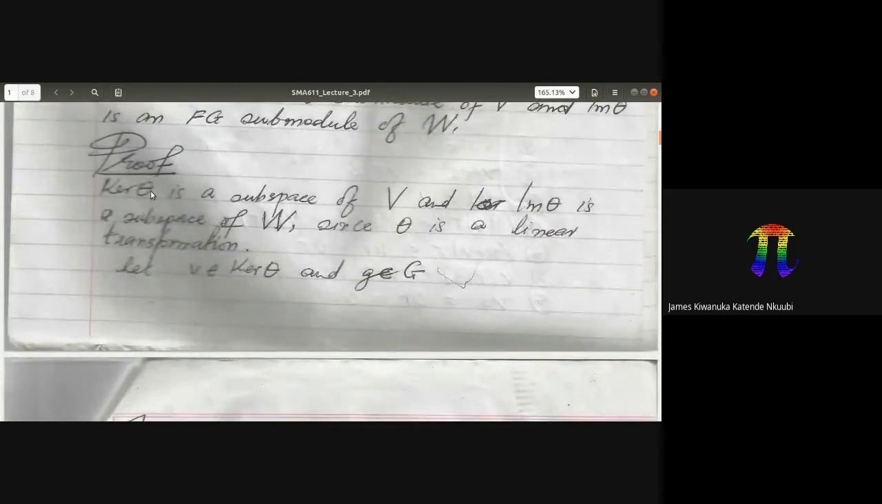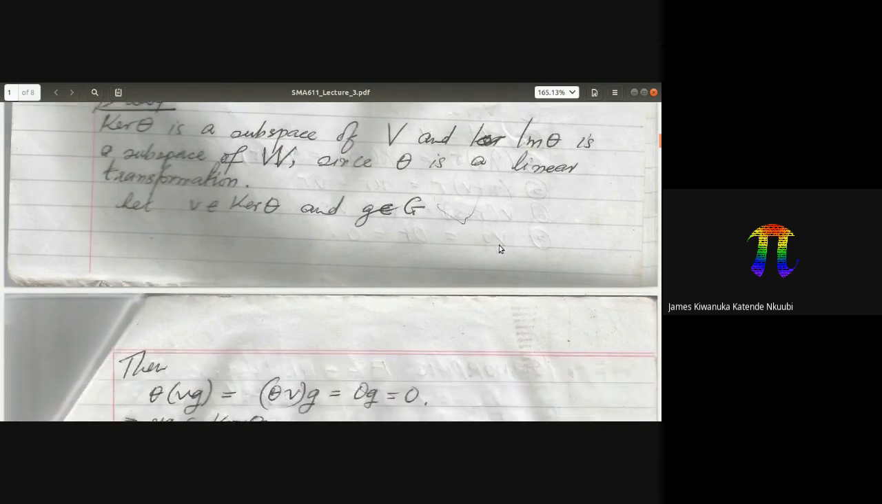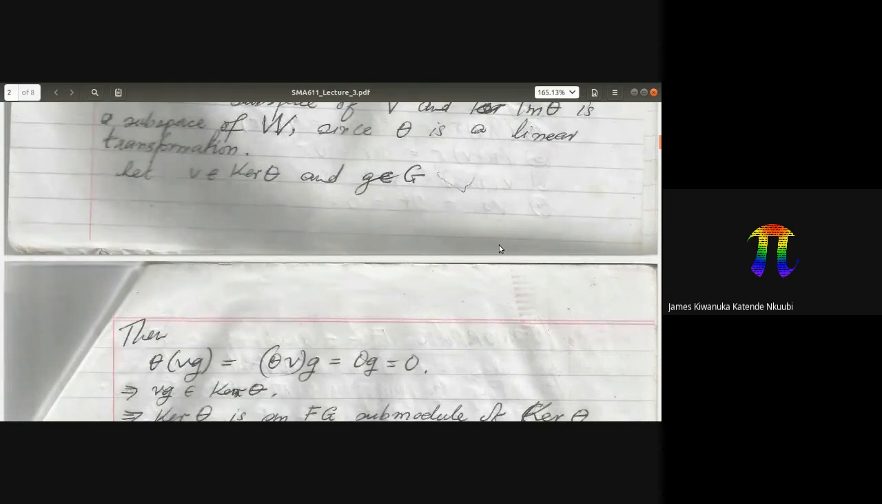Now we automatically know that the kernel is a subspace of V. That is one requirement for a subset to be a submodule. It must first be a subspace. We also know that the image of theta is a subspace of W. That's from linear algebra now. If we pick any vector in the kernel of theta,